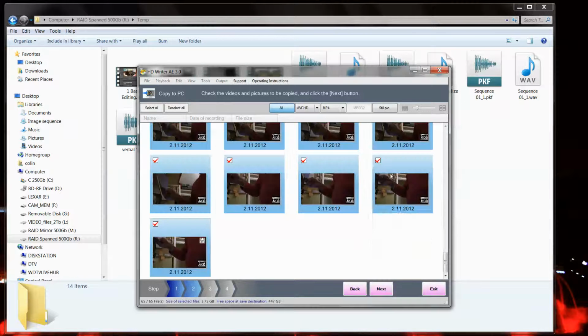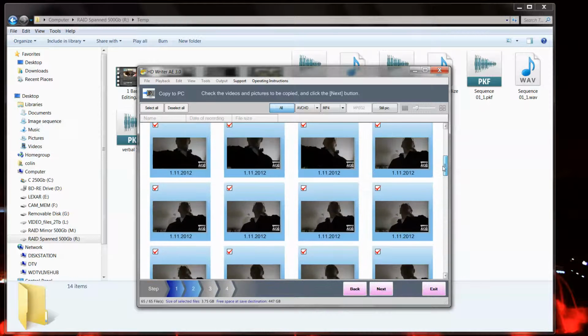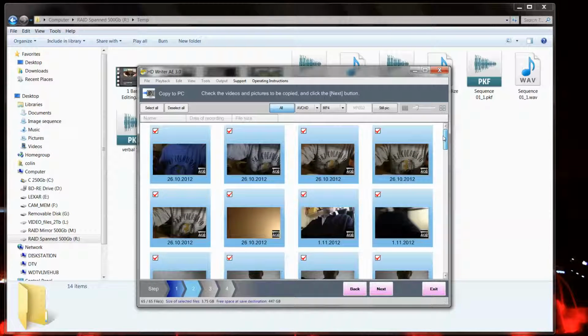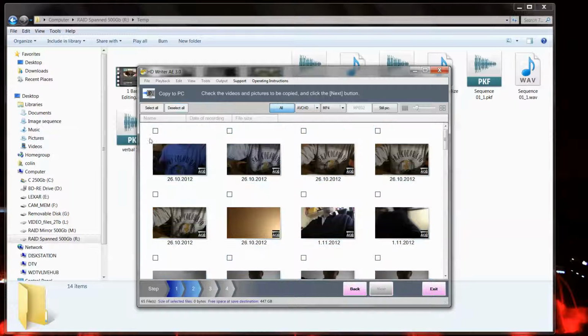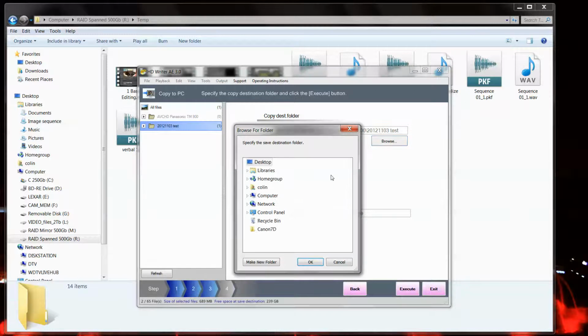to record from the card, so it's looking at my card, and these are the series of video commentaries that I actually recorded. So I'll just deselect all and I'll just select a couple of them. Click next, browse, and then I will select where I want it to go to. And in this particular case I go to this temporary folder,